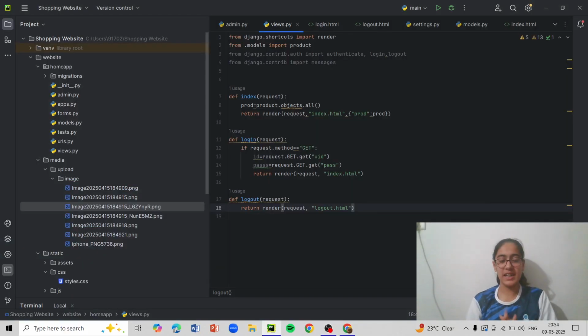Hello everyone, so today I have part 2 of creating a Bootstrap shopping website. Firstly, I told you how to install Bootstrap templates onto this. You just have to install it over here, drag and drop over here, that's all you need to do.